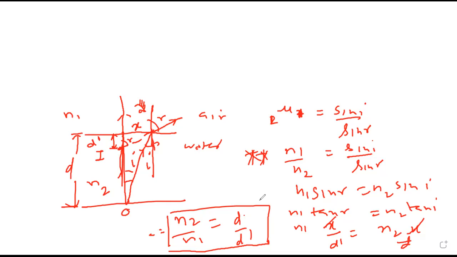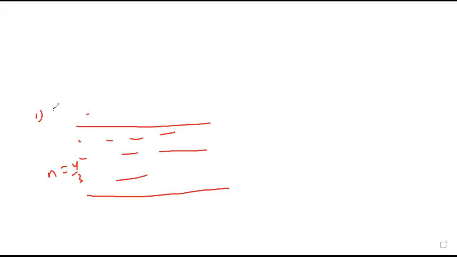So the refractive index of denser upon rarer, we are getting sin i upon sin r, which is d upon d dash here. Now based on this, we will do problems. From wherever light is coming out, that is n2; from wherever it enters, that is n1. So here suppose we have water with refractive index 4 by 3, and here n equals 1. There is a fish